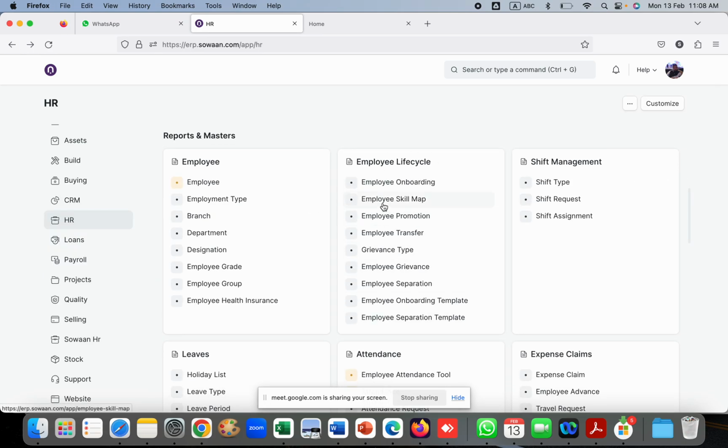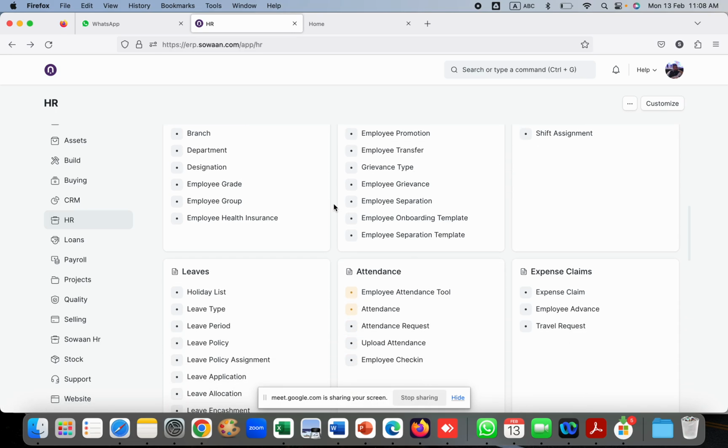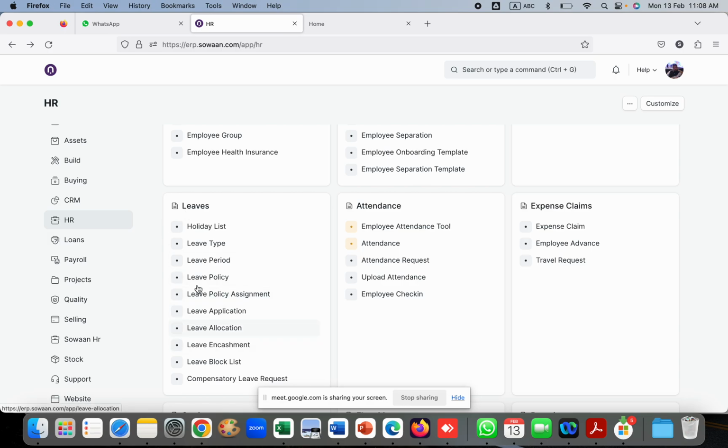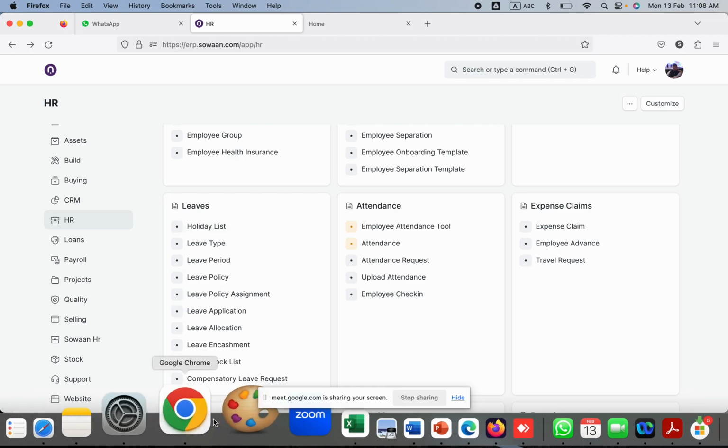Then you have the complete employee life cycle management, like employee skill map, employee promotion, employee transfer, grievance type, employee grievance, employee separation, employee onboarding. Then you have the complete shift management. Then you have the complete leave management, like holidays list, leave type, leave period, everything, all the information is here. And also